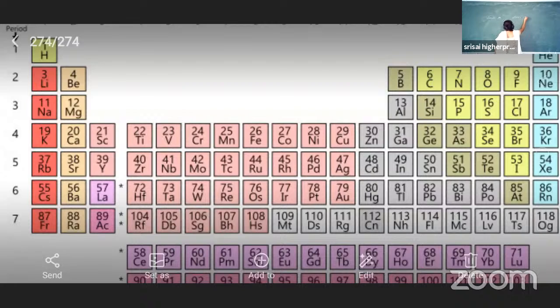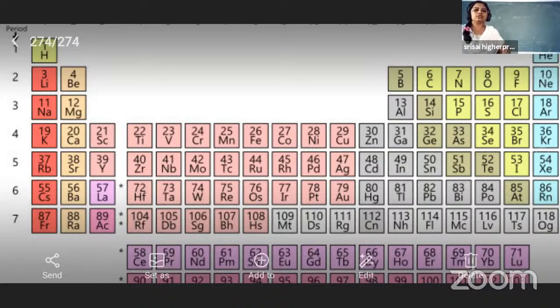Atomic mass is different. So atomic number means what? You are seeing the periodic table on the screen now. Are you seeing the periodic table, students? Yes or no? Okay, you are seeing the periodic table on the screen, and you know that